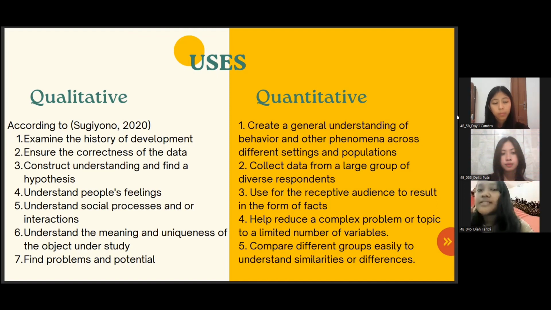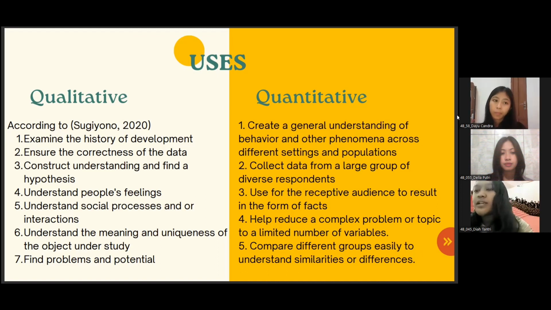The second one is to ensure the correctness of data. Social data is often difficult to ascertain the truth of. With qualitative methods, through triangulation or combined data collection techniques, because with a certain data collection technique you cannot find what you are aiming for, then change to other techniques. Then the data certainty will be more guaranteed.